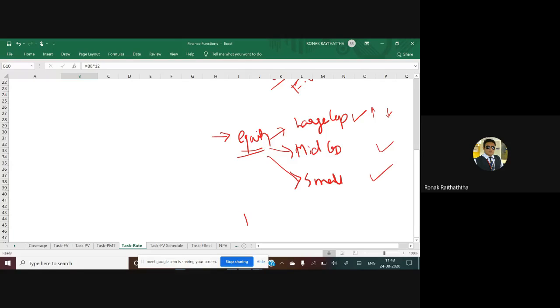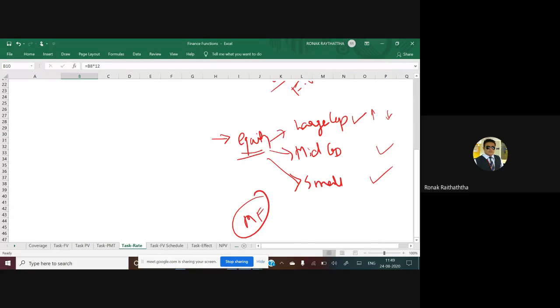There can be mutual funds. Again, mutual funds can be classified into various other categories. There can be some safe instruments as well, fixed income instruments like bonds. There can be some commodity investment as well, like gold or silver or other precious metals. So according to the rate of return expectations which your client has, you will be giving him or her the advice on where to invest.